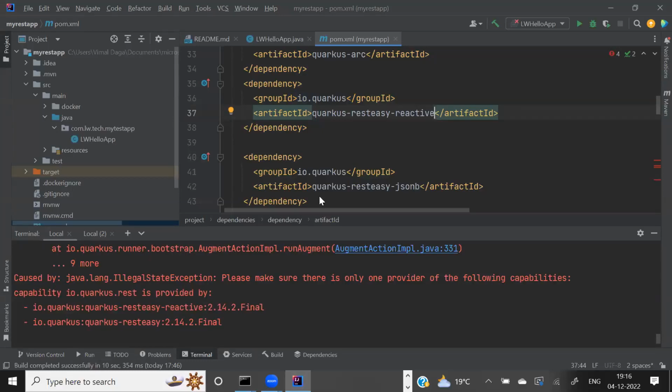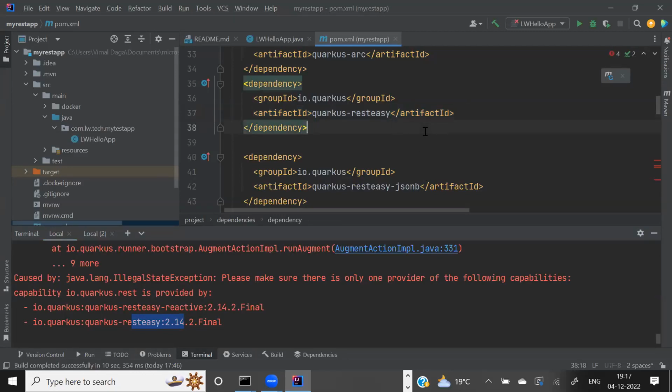I think this error was coming up. They say this reactive library for RESTEasy might not support this. So they just say use this instead of this. Okay, so I'm just going to remove this library name.